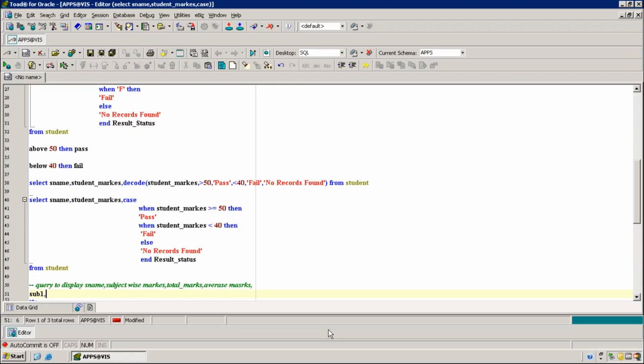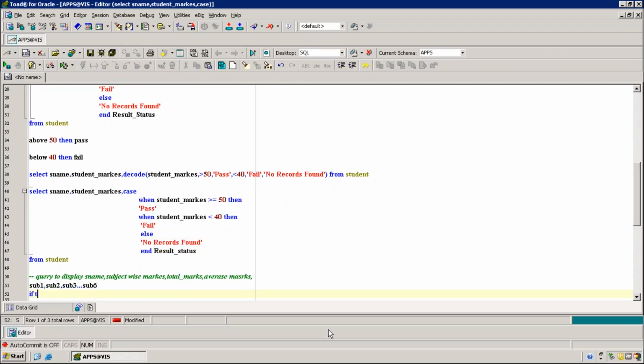Subject 1, comma, subject 2, comma, subject 3, and so on, up to subject 6. Total six subjects. Now all total marks, total underscore marks. How will total marks come? Tell me now. How will total marks come?